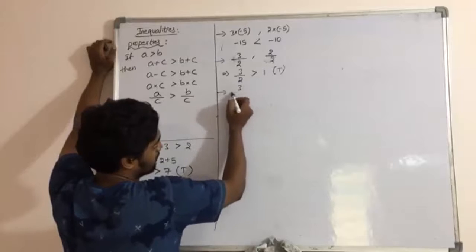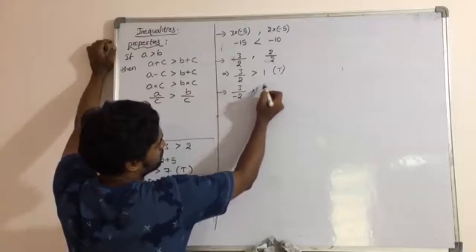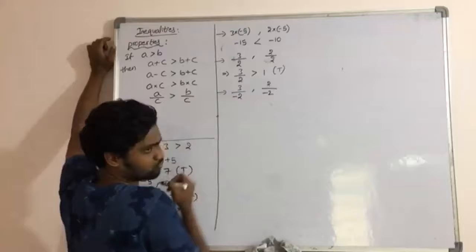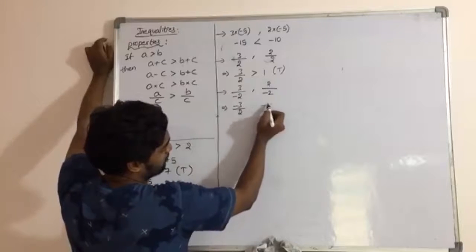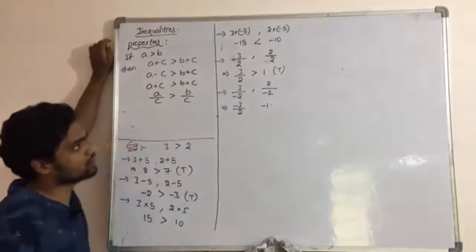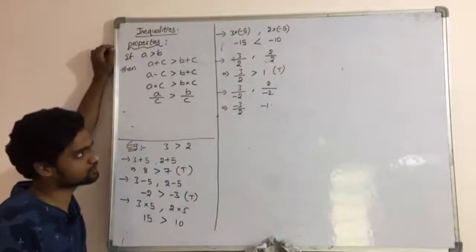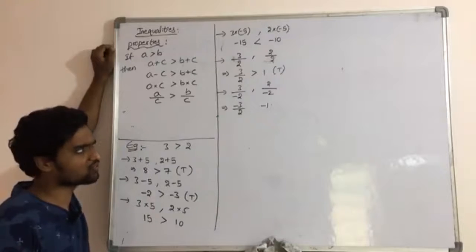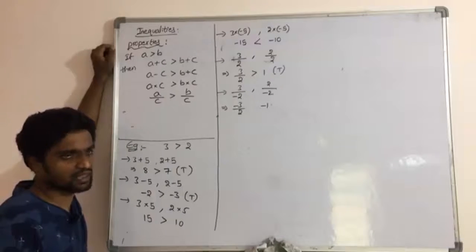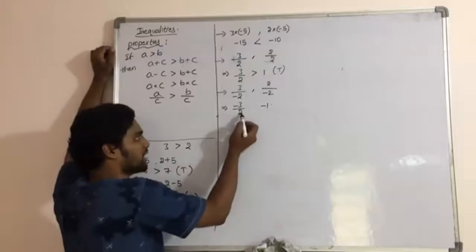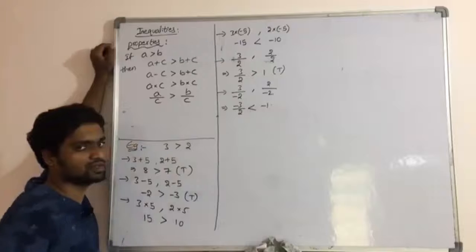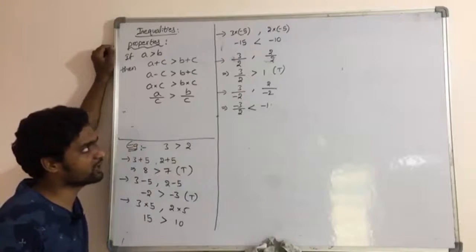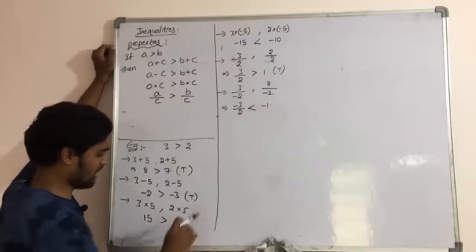Now what I'll do? 3 by minus 2, 2 by minus 2. It is minus 3 by 2, whereas this is minus 1. Now which one is greater? Minus 3 by 2 or minus 1? So negative of smaller is greater, right? It is minus 1.5 and this is minus 1. So obviously the inequality would be less than. So minus 3 by 2 is less than minus 1. Observe these